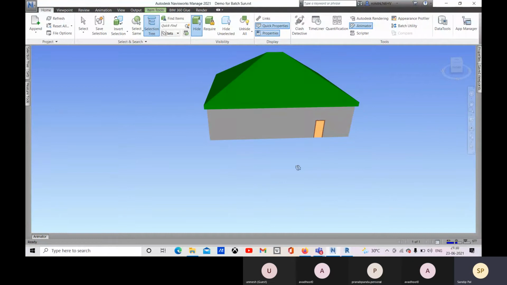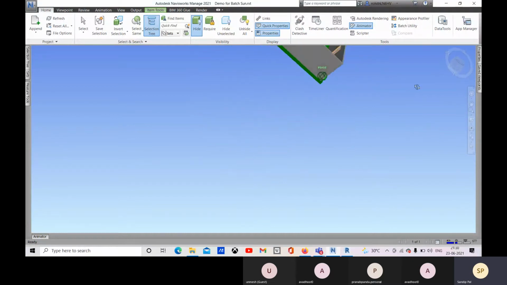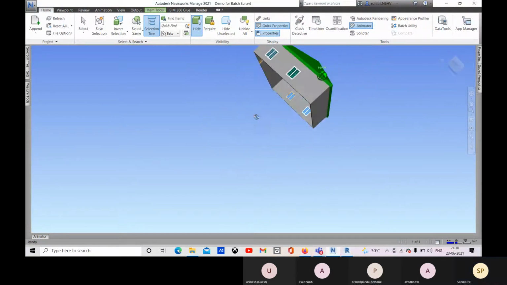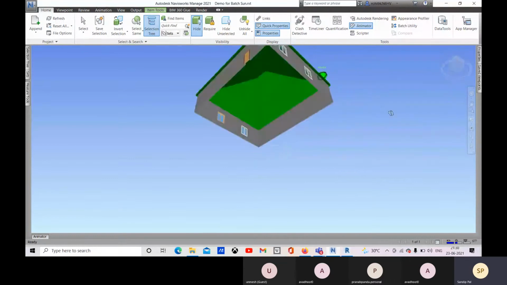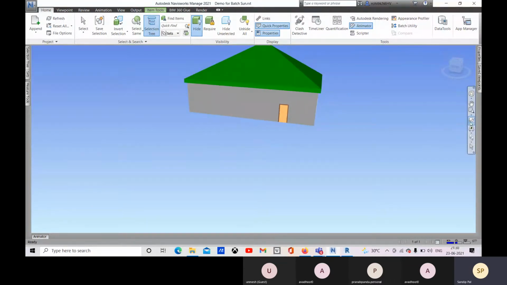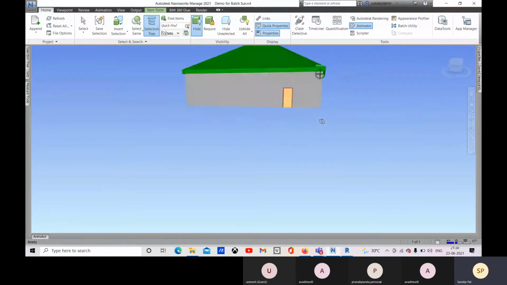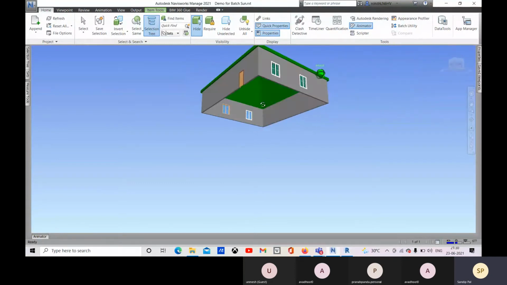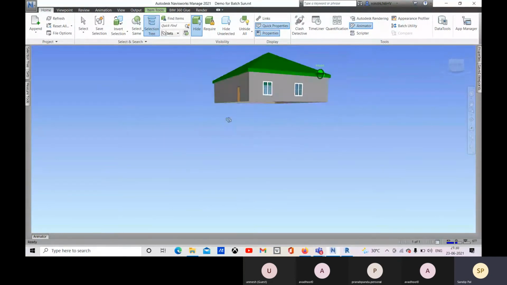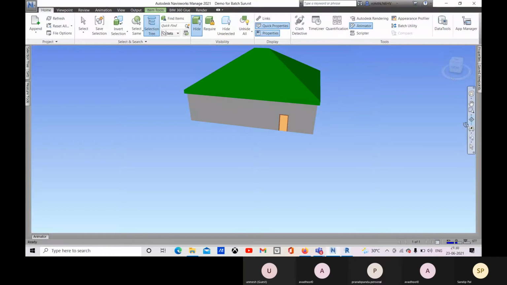And here you have this free orbit, so no particular fixed direction will be there. You can rotate in any direction. And if you go for orbit, you can only rotate around a particular axis properly.